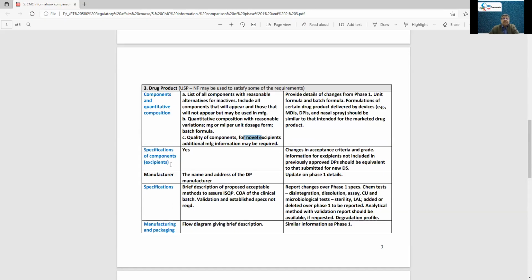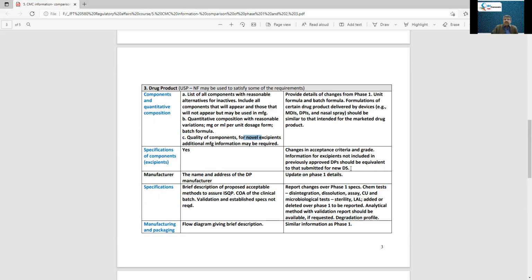Specifications of the components, that is excipients, are required in phase 1, and in phase 2 and 3, changes in acceptance criteria and grade need to be highlighted. Information for excipients not included in previously approved drug products should be equivalent to that submitted for the new drug